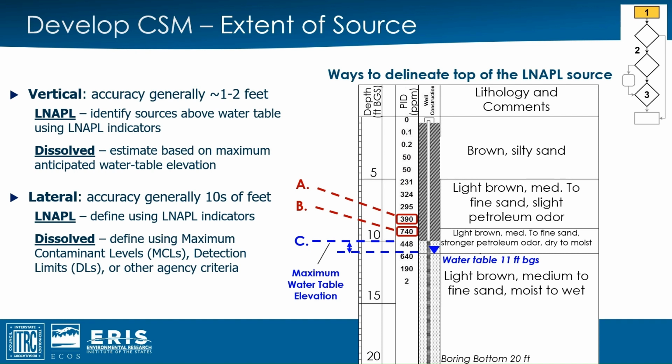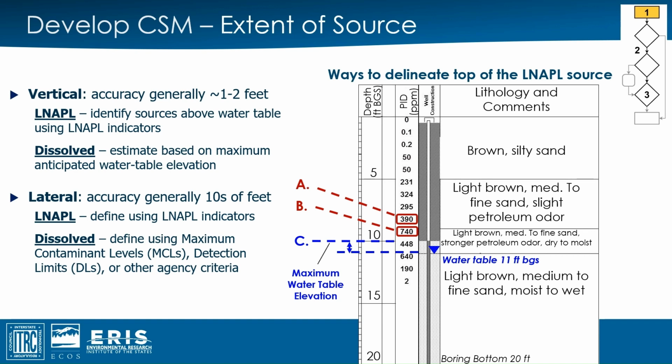If PID readings are reported in boring logs, then one could assume the top of an LNAPL source is either A, the base of clean soil where PID concentrations are below 500 ppm, B, the first encountered LNAPL where PID readings exceed 500 ppm, or C, the top of a maximum reported water